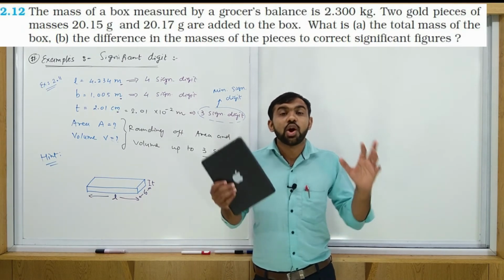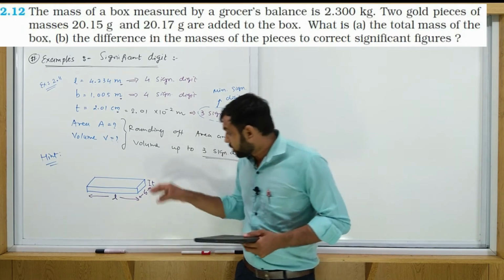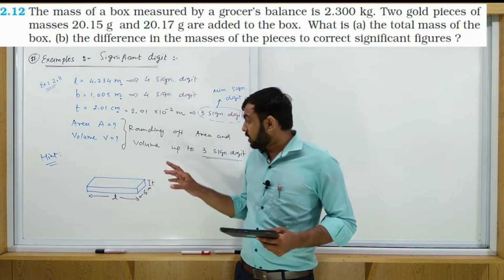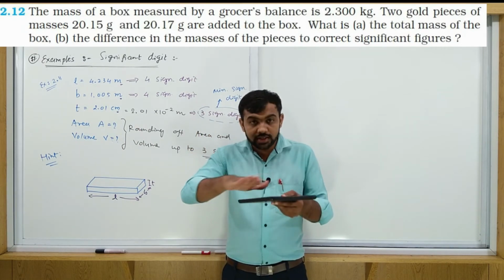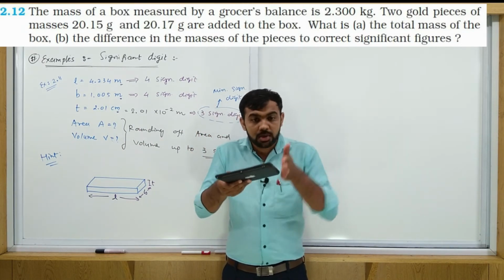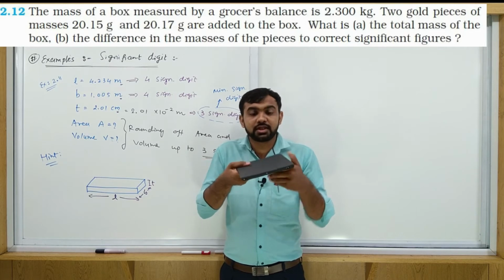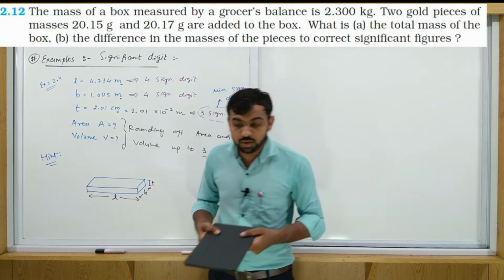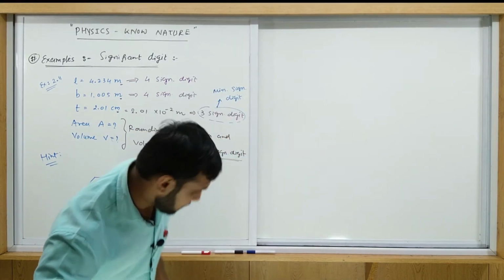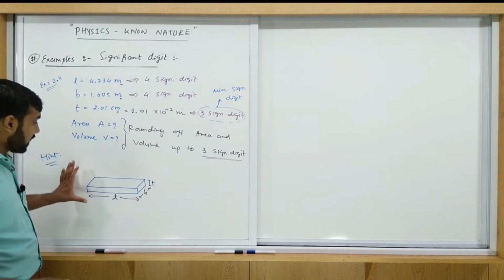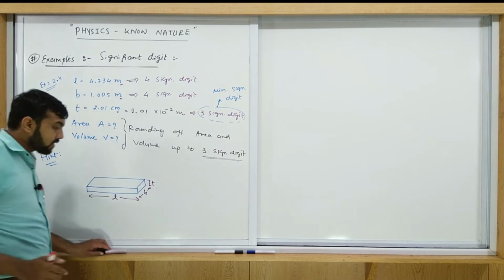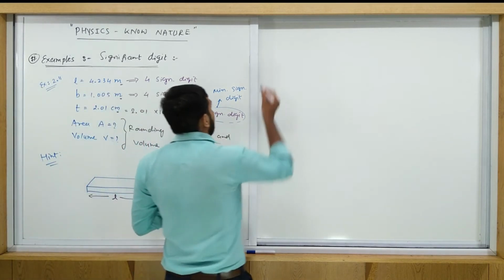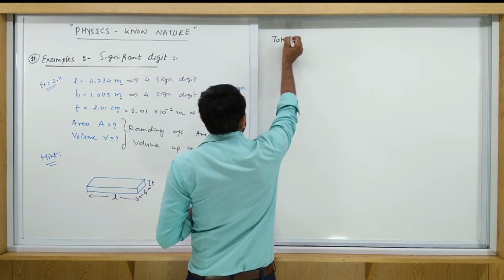How many faces do we have? Total 6 faces. So out of these 6 faces, if you want to find the total surface area, then first face area plus second face area plus third, fourth, fifth and sixth. You just sum up the whole area. If you want to find the area of this sheet, then sum all of these areas. So let's find the total surface area.